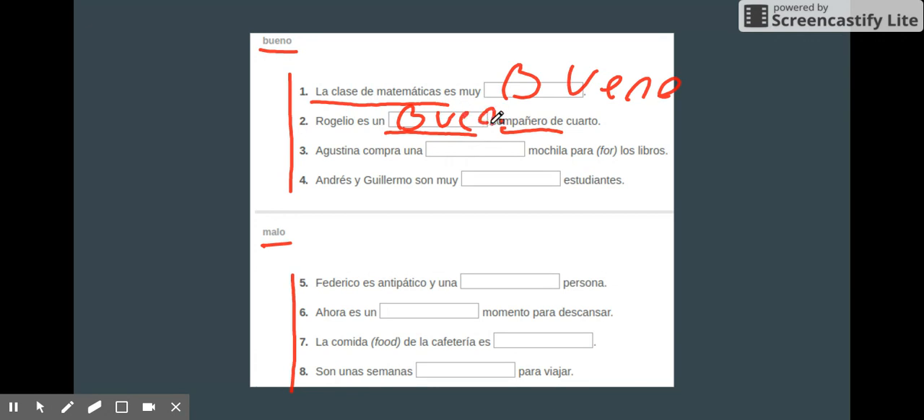Same down here, Federico es antipático, y blank persona, y es una mala, because who you're describing is Federico, y una mala persona. Ahora es un, momento is the noun here, moment, so it would be